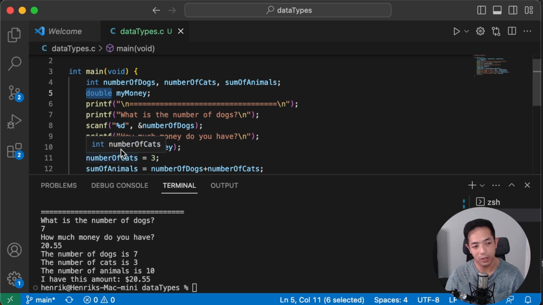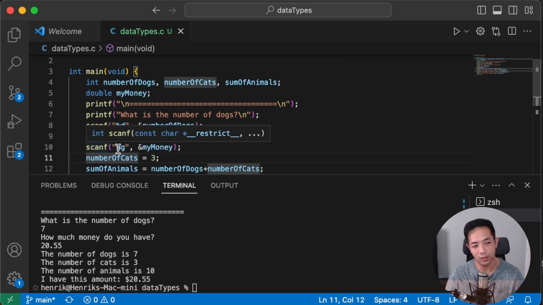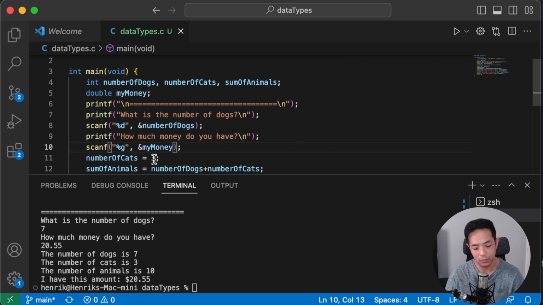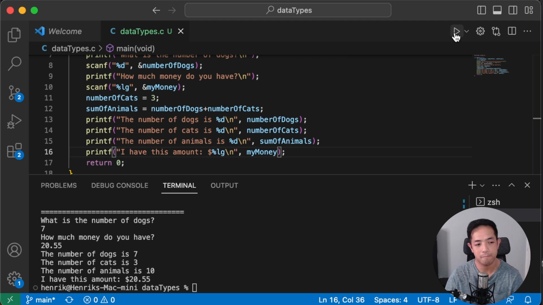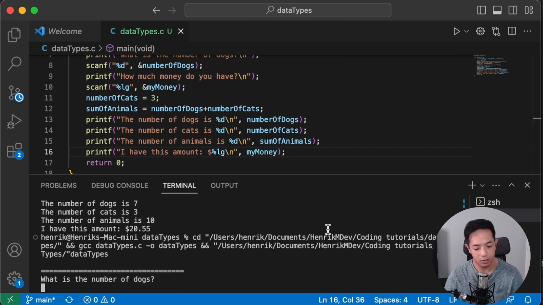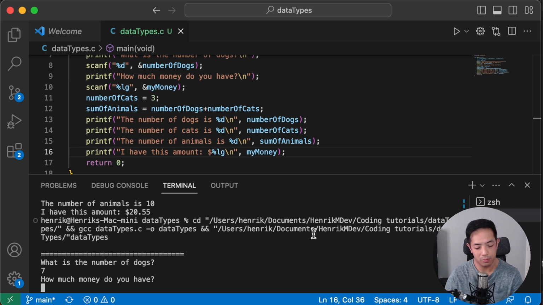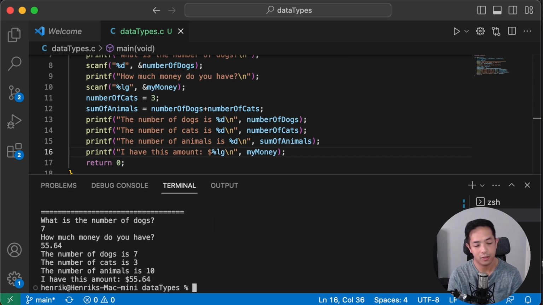But if we're gonna use double, we have to change the way that we're reading the variable from the user. So you add L here. So you use %lg to read in that variable from the user, and likewise when we print we have to use lg. All right, so let's run this. So number of dogs 7. How much money do you have? $55.64. Okay, so it still does the same thing,